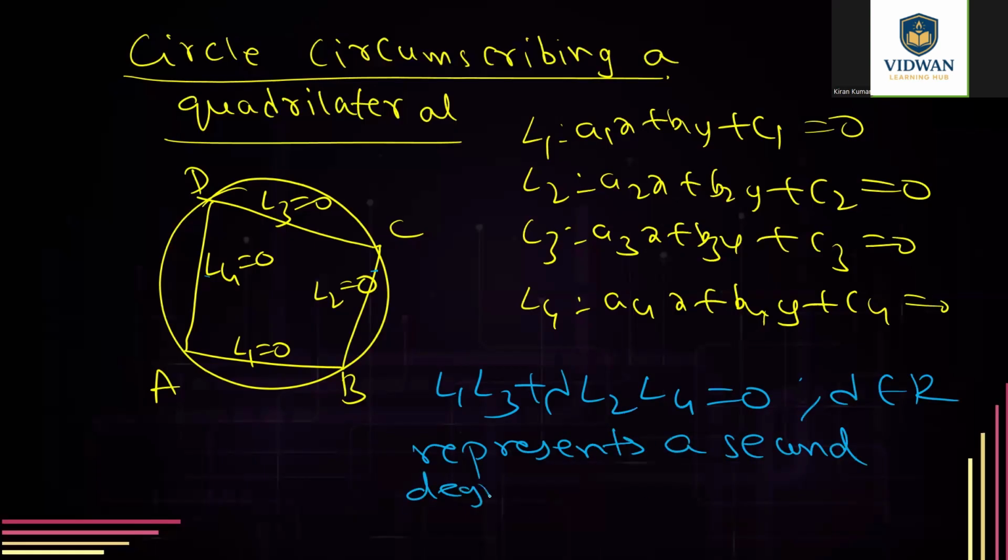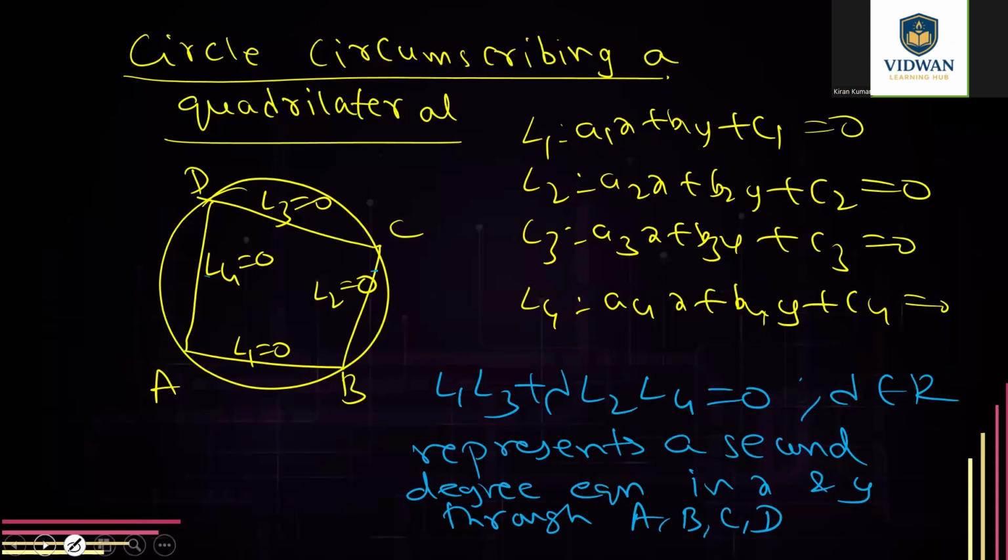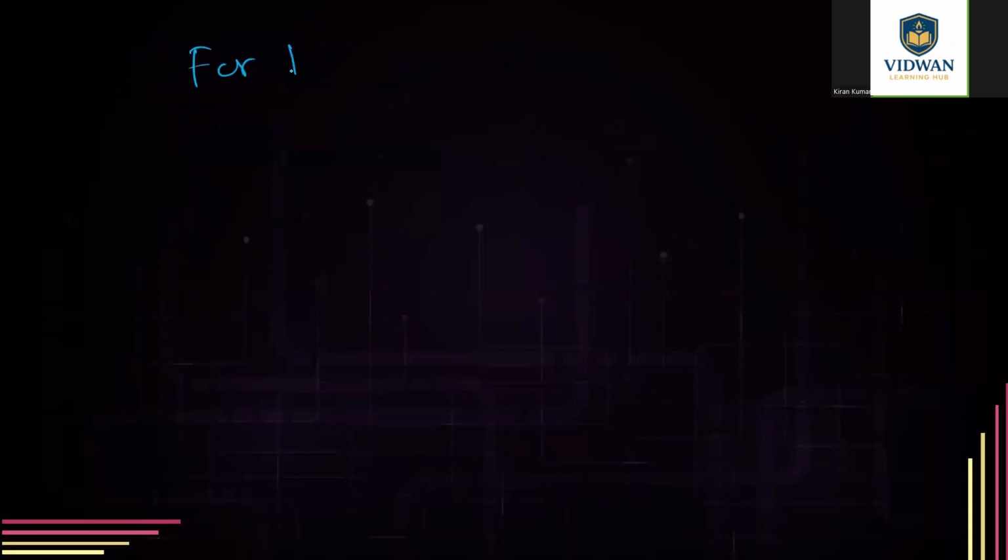A second degree equation in x and y through the 4 points ABCD. But it doesn't mean that every second degree equation through ABCD will be a circle. So when will this be a circle? We again have to apply the condition. So for the above equation to represent a circle,